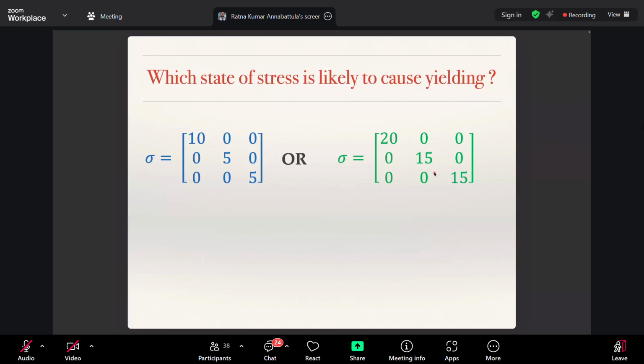That means they will yield at the same time, or they are at equidistance from yield point. Can you see that? Yesterday we thought this is actually closer to yielding, isn't it? Yes, sir. But now, after looking at the distortion energy theory, we realize that it is not anywhere closer to yielding than this. Both of them are equidistant from yielding. That means both of them are equally probable for yielding. Can you see that? Yes, sir.